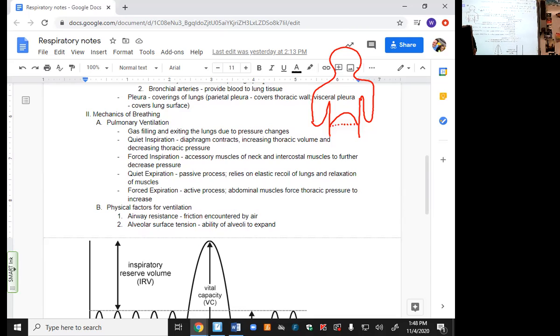And I don't know, but my guess is it has nothing to do with thoracic pressure. It's all how you're working your mouth and ways that you're moving your mouth around. That would be my guess. Feel free to research it and let us know. But that would be my guess on that.